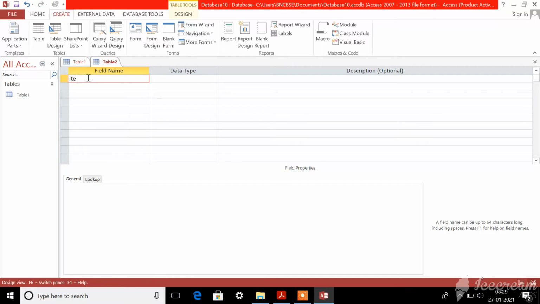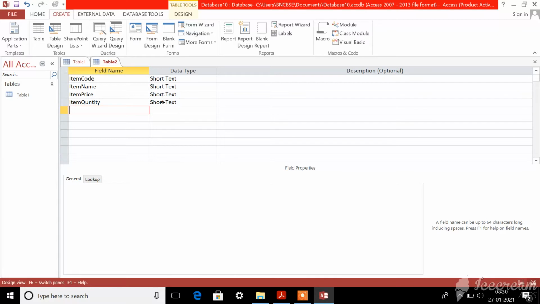I am going to enter item code, then item name, then item price, then item quantity. Immediately after typing each name inside the field name, you can see in the data type column the type of data that you have entered.